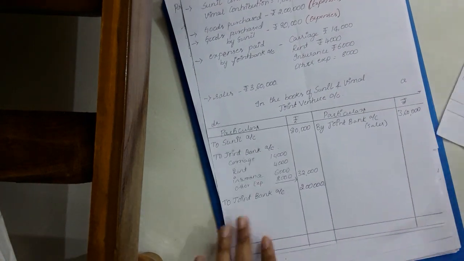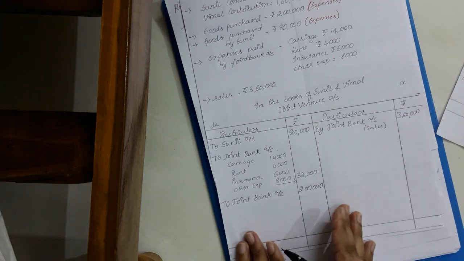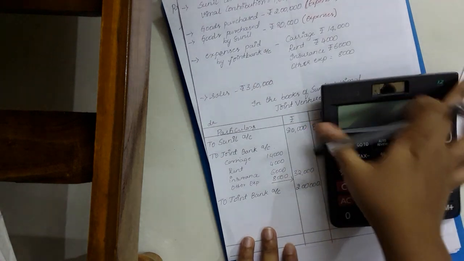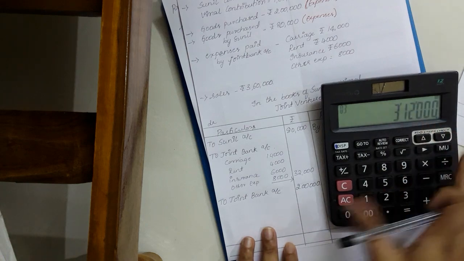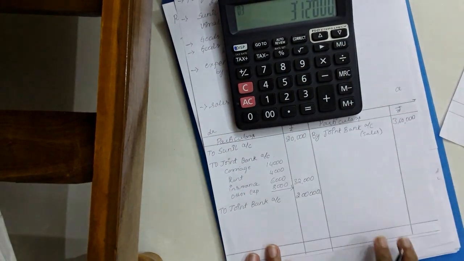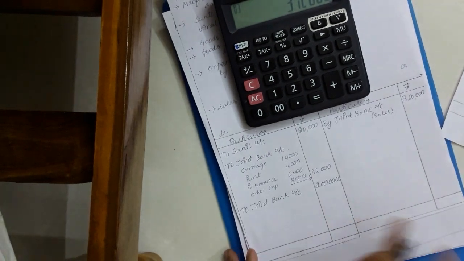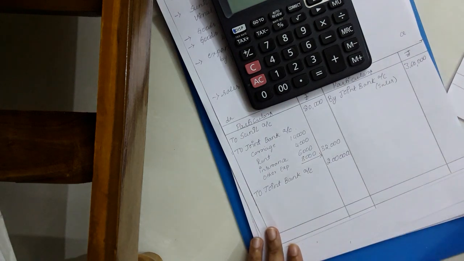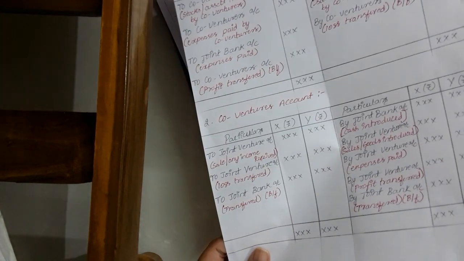So next you are supposed to see whether the credit side is more or the debit side is more. Here in this problem it is 3,60,000, and when we add all those things, the value will be 2 lakh rupees plus 32,000 plus 80,000, so it is 3,12,000. This is 3,06,000. So now the credit side is more and the debit side is less. When the debit side is less, it is profit on joint venture.